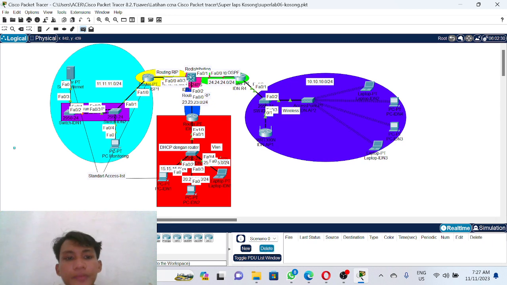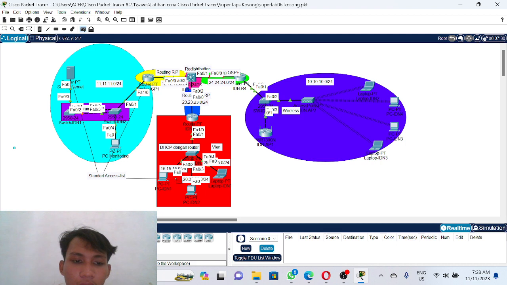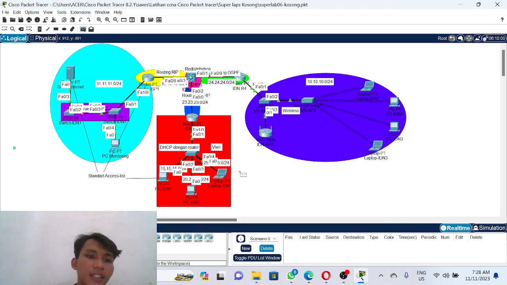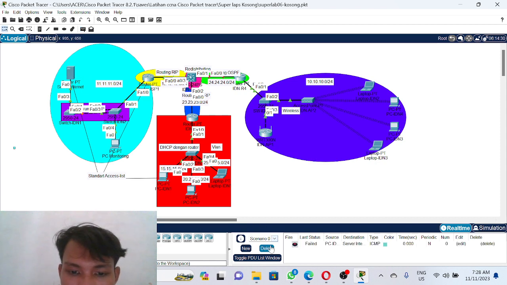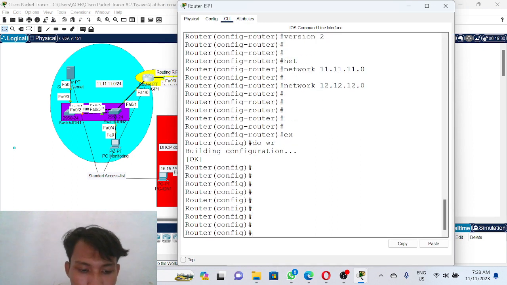Okay, and then the different VLAN, the different network, still cannot connect because we have not yet set up the redistribution. Okay, then let's go, we set up the redistribution.